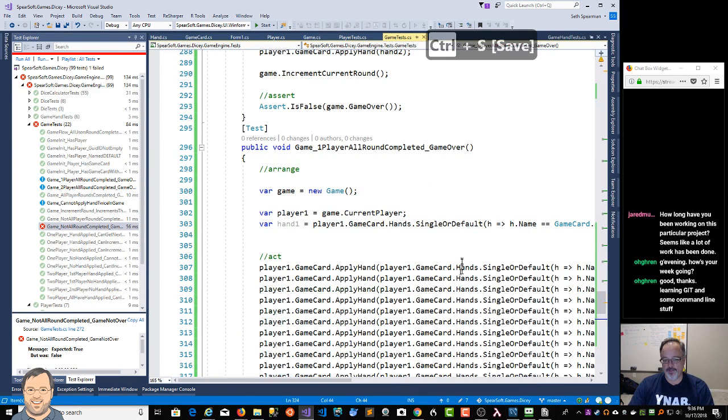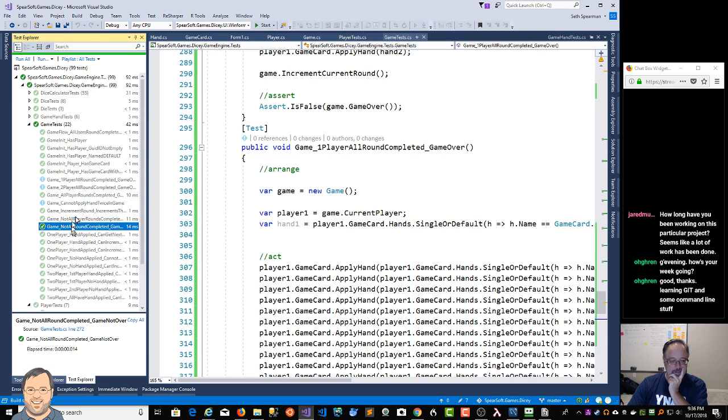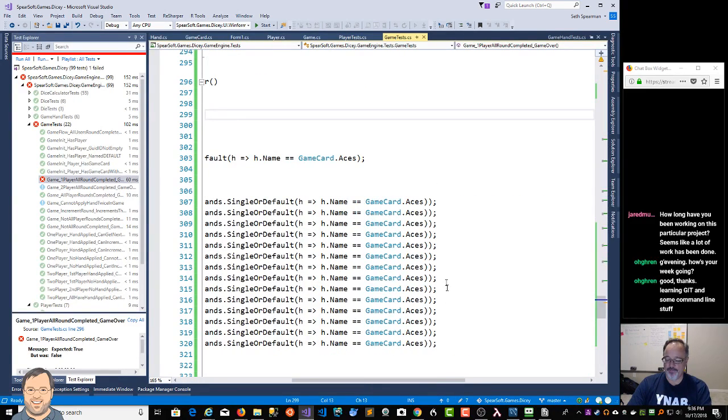I think that in this case, this definitely should not pass. I'm just curious, and there's no way it'll pass, but hey, it's easy to test. Okay, so in this case, one player, all rounds completed, game over, run selected, test. Yeah, okay, good. But what happens if